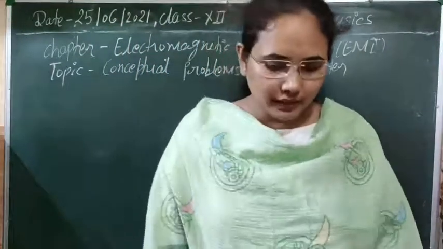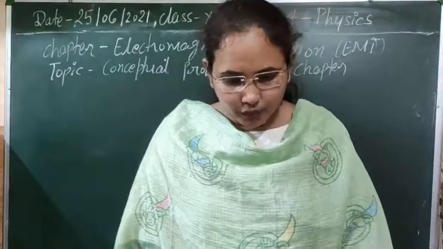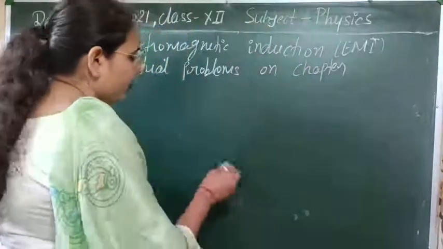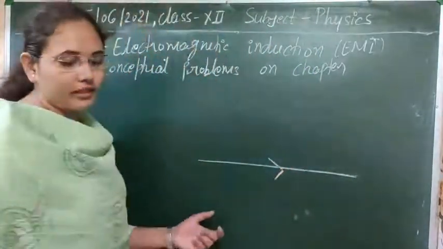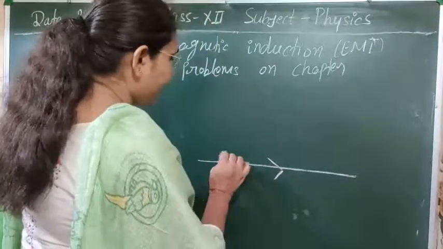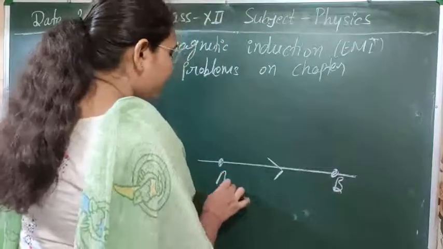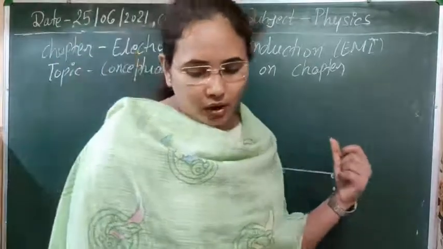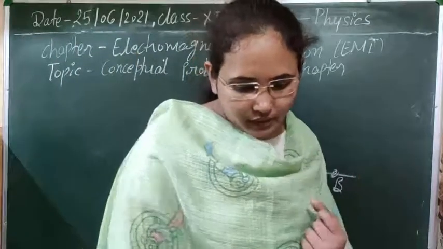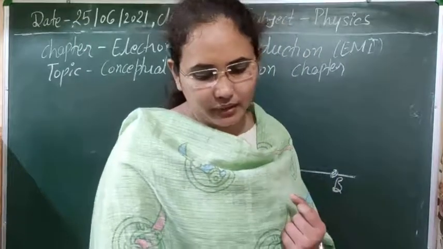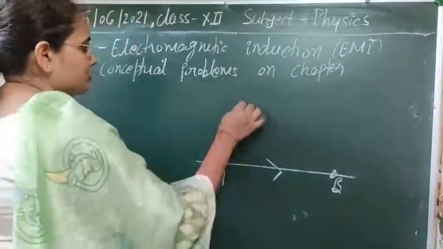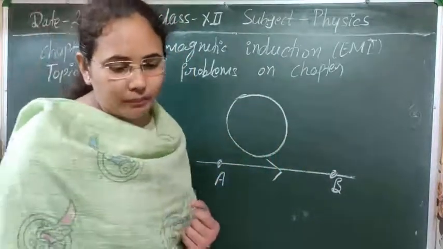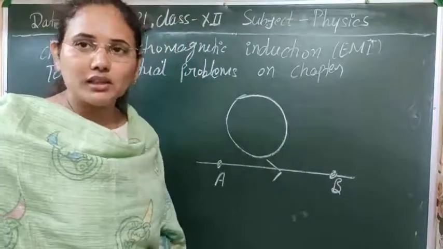So next problem that we have: the electric current flowing in a wire in the direction B to A is decreasing. Here a wire is given to us in which electric current is flowing in this direction, and here we have two points, this is B, this is A. It is given that the electric current through the wire from B to A is decreasing. Now what is the direction of the induced current in the metallic loop kept above the wire as shown in the figure? Here a loop we have kept above this wire. Now we have to find out what will be the direction of the induced current for this loop.